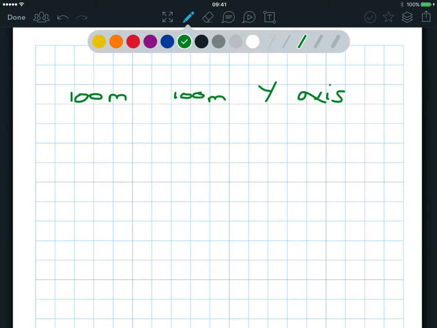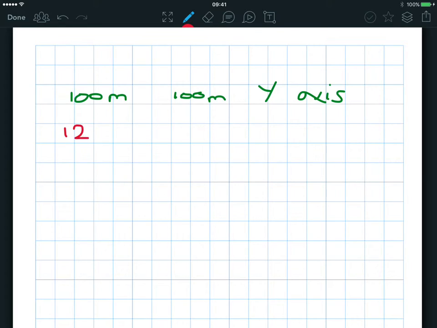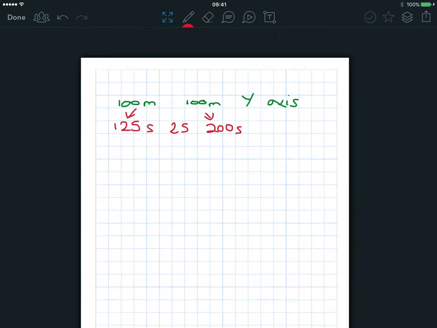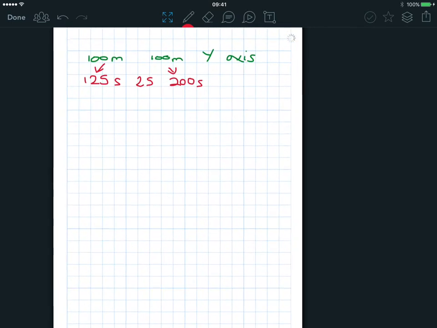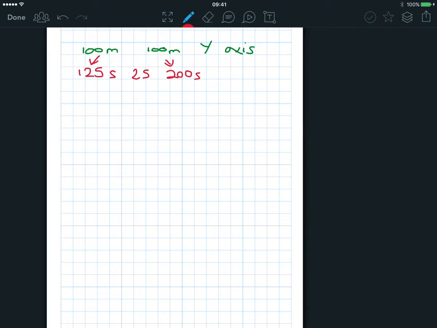Now the first lot took him 125 seconds, then he paused for 25 seconds, and then the next lot took 200 seconds. So that one and that one are linked. So what I need to do now is quite difficult to do on an iPad, so it's not going to be very neat, but I'm looking for a y-axis of about 200 meters or more, and I'm looking for an x-axis of about